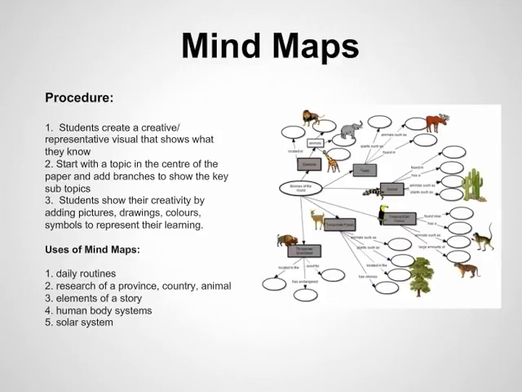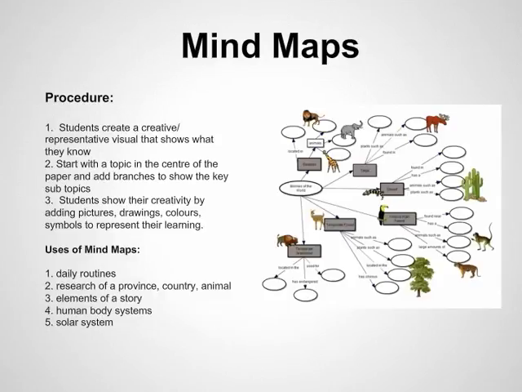Mind maps, which are similar to concept maps, are also another visual way of students being able to show what they know. Mind maps are different, whereas they have different symbols and pictures to also represent what they're learning about. So they're choosing a creative symbol about their topic. So you basically start with the topic in the center